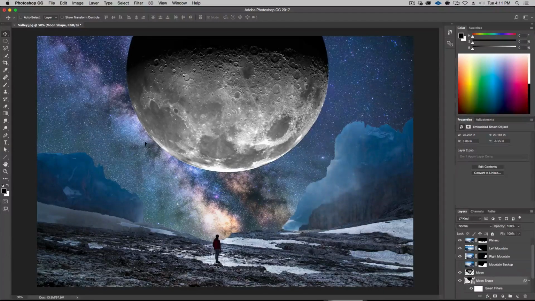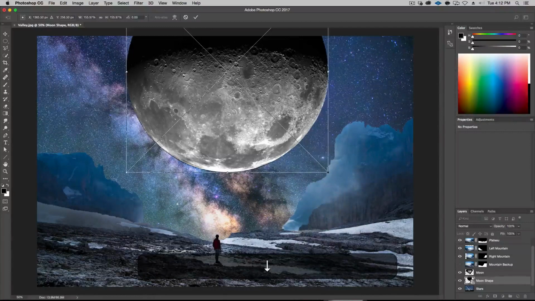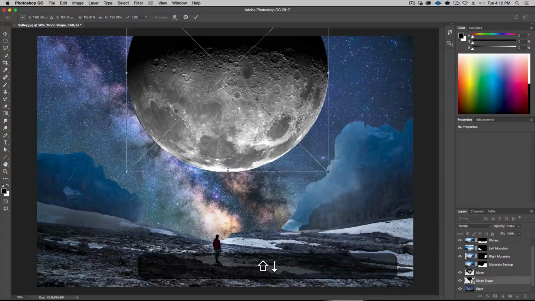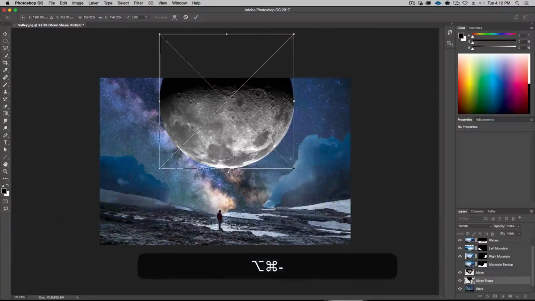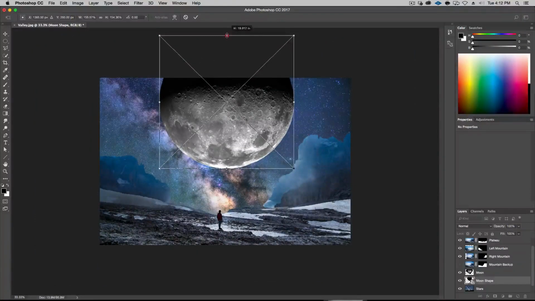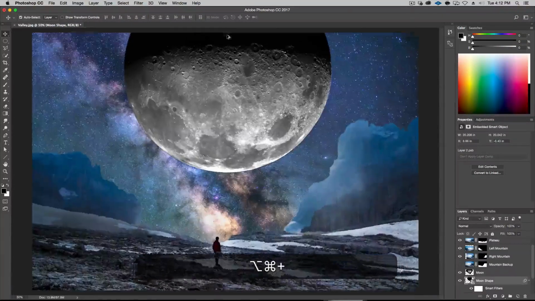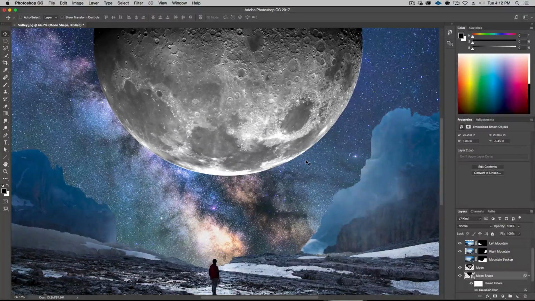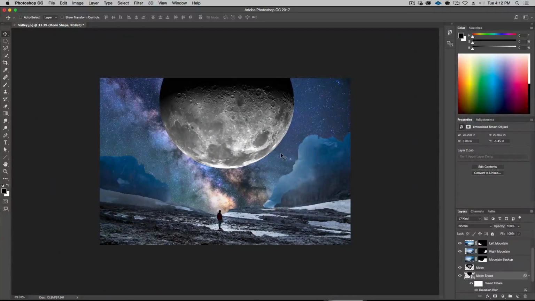Okay, I feel like it's not supposed to be totally circular, or at least this photo isn't. So I'm going to bring this down and actually squeeze this down a bit. So, not good. Escape. Command T again. I'm going to zoom out. I'm just going to bring this down a tiny little bit. That's pretty good. Okay. All right. So for now, that's good. Let me see. The black outline is not the best. 1 up. All right, that'll do. Something like this.